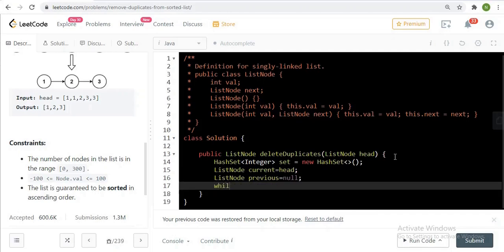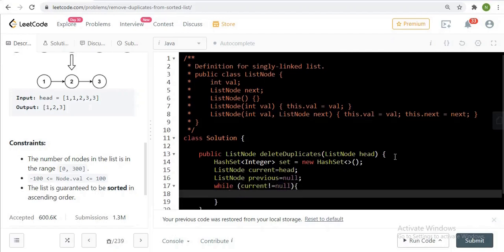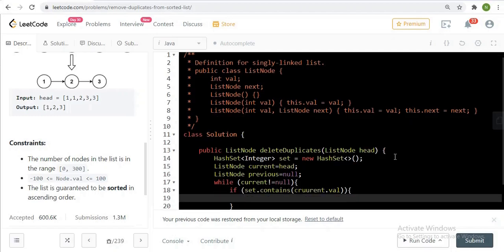On each iteration, while current is not equals to null, we have to check if set dot contains current dot value. If it is contained, then we can simply set the previous dot next to the current dot next. So previous dot next is equals to current dot next.